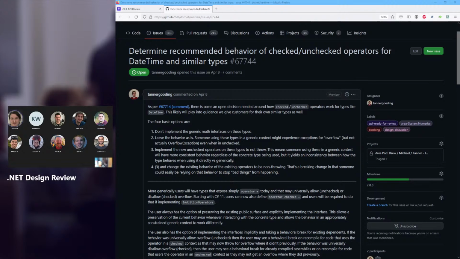But in the future will correctly overflow in a checked context. Or for option 2, in a non-generic context, if you're trying to convert big integer to an int, should we enable the ability to do that with the breaking change that a user in an unchecked context would now not get an exception where they would before? Yeah. So